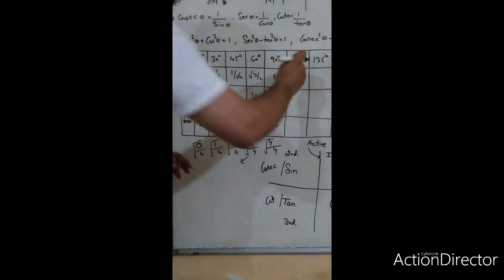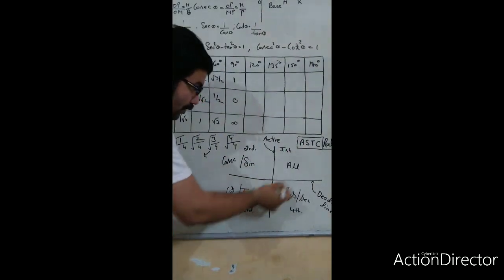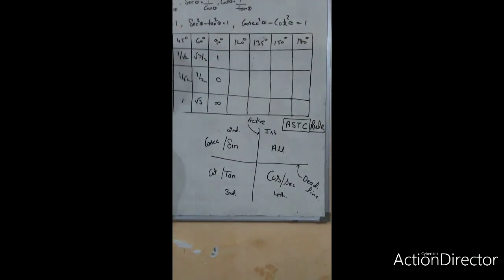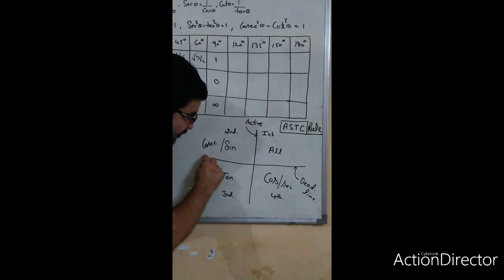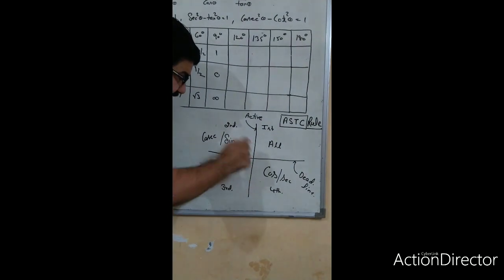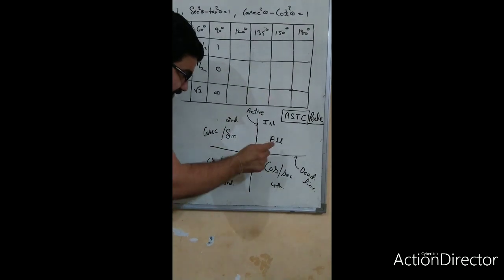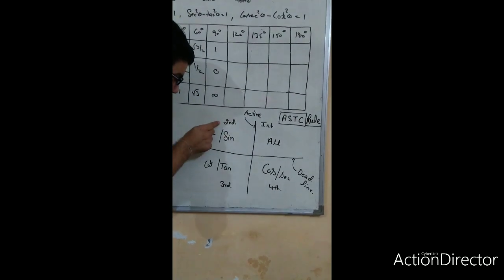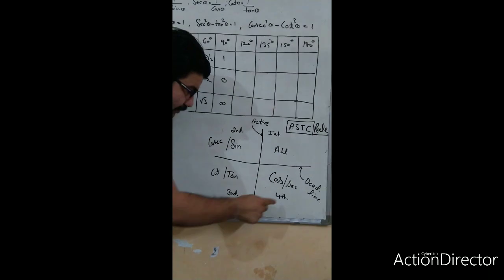Now we will find the trigonometric values for other angles. There is a formula that is called the quadrant formula. In that quadrant formula, we will see how these values are found out. Suppose this is the horizontal line and this is the vertical line, and these lines cut into 4 quadrants. This is called quadrant number 1st, quadrant number 2nd, quadrant number 3rd, quadrant number 4th.